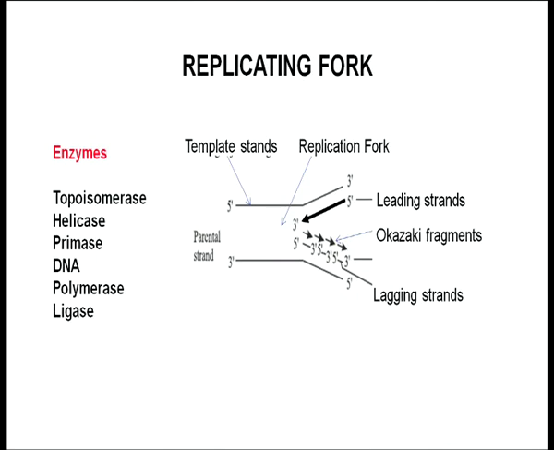Now, the first step, that is the unwinding of the DNA double helix. How does it take place? It takes place with the help of the enzymes topoisomerase and helicase. These enzymes bind at the replication fork. DNA cannot be replicated from any place. It can be replicated only at special origin of replication places. So, at the replication fork, the topoisomerase and helicase will bind to DNA, and it will open up and make a fork so that the synthesis of new strands can take place.